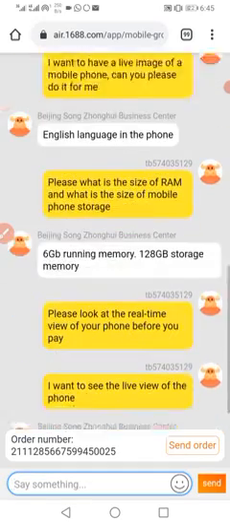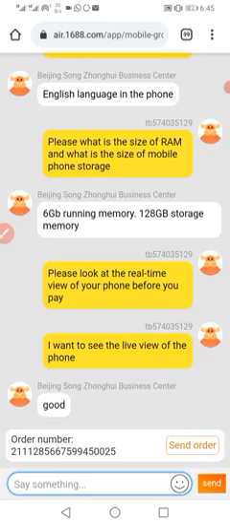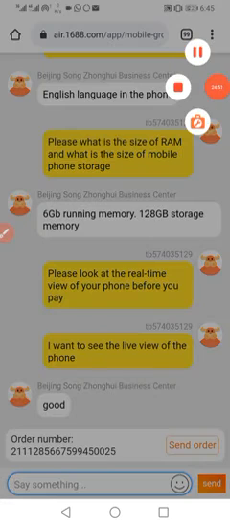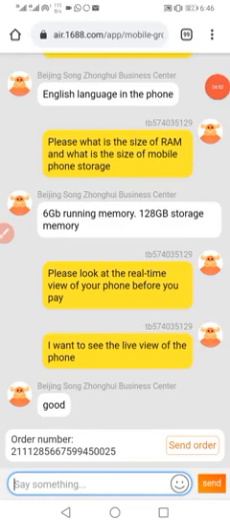The next thing for me, I just want to see how the phone looks, other than what has been edited and posted on the store page. Once you send that to me and I'm okay with it, then I can proceed to request a price reduction. But because I don't want this video to be too long, I'll just go back and now